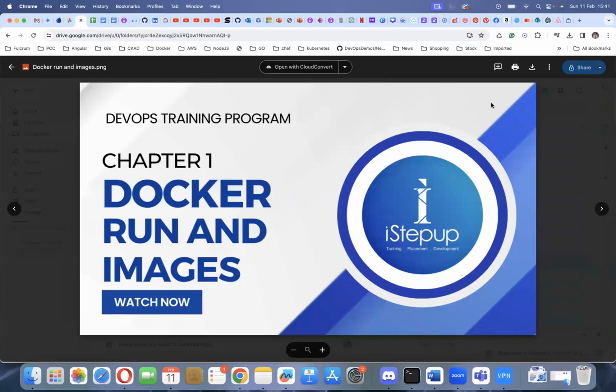Actually, I'm here to give training on the DevOps training program series, in which we are trying to cover the Docker part. Yesterday we covered the Docker installation part. Today we will cover Docker run. What are the basic Docker commands? How can we run a container, how can we create images, and what are the frequently asked questions also. Okay, so this is the session for today, and hopefully everybody installed Docker yesterday,